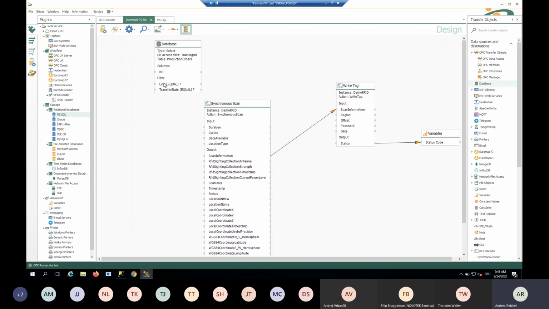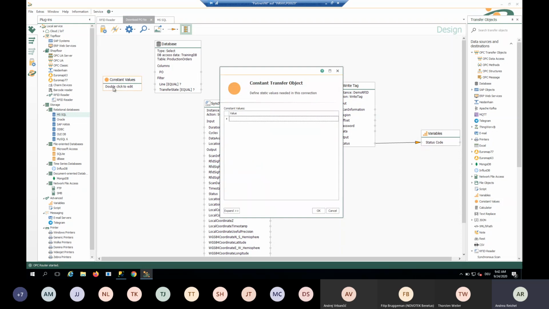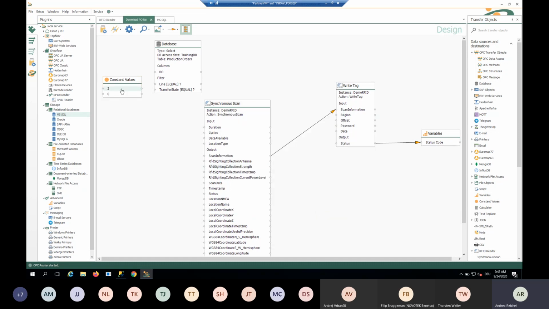So I want to filter on the line and the transfer state. So I need some constant value object. I use the line 2 in my example, and the transfer state should be 0 as I stated before. So I connect the constant value 2 to the line and the constant value 0 to the transfer state. So when we have our corresponding production order, we want to send it to the tag. According to that, we use